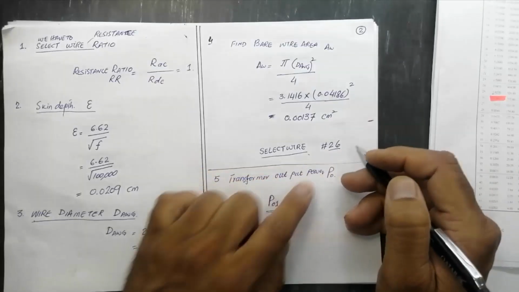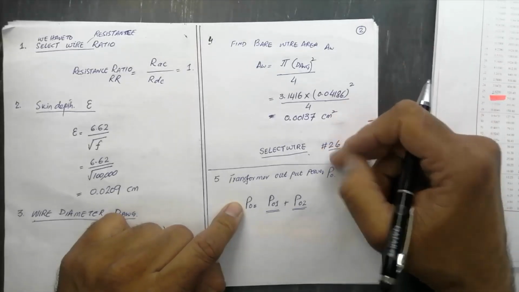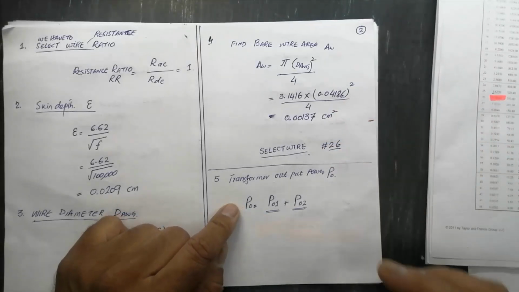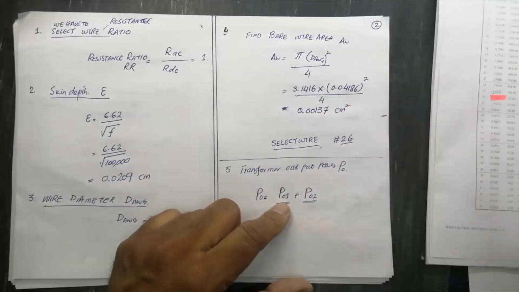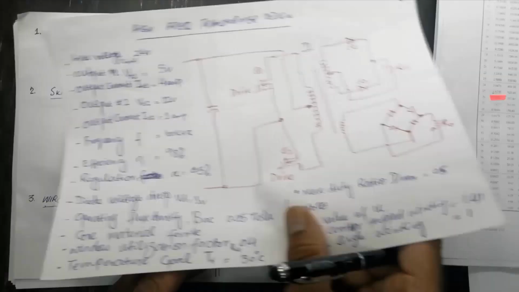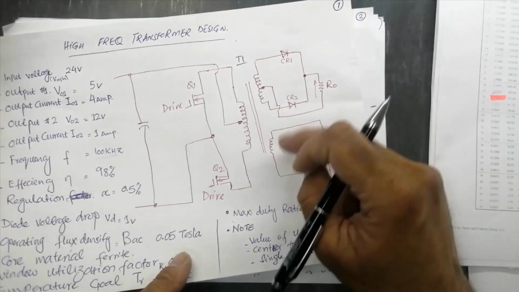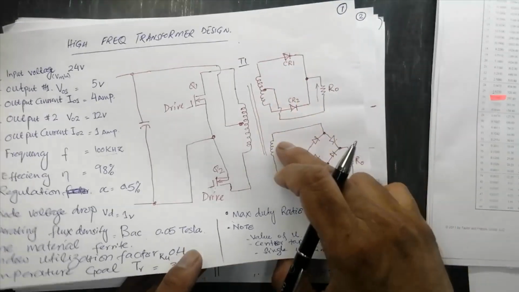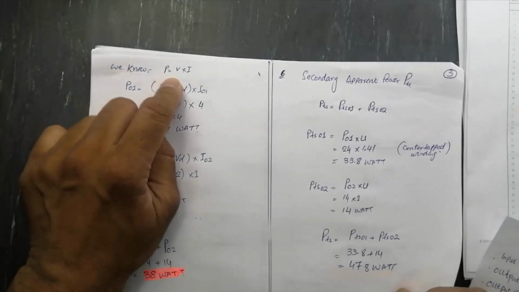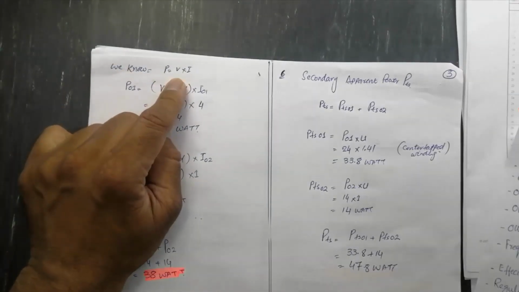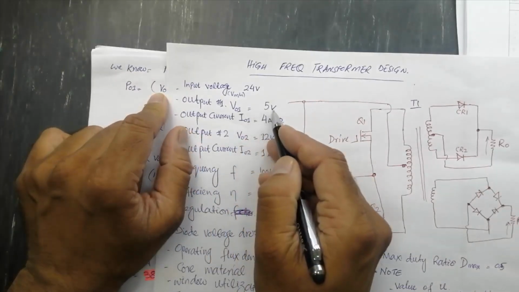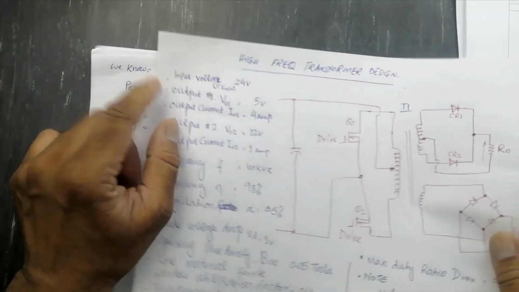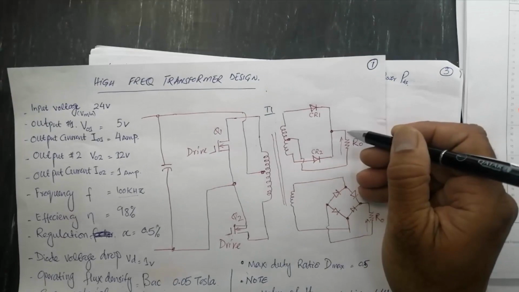We selected the wire size, and now we have to select the power output to select a proper core. P out, power out, is equal to, because this time we have two windings, PO1 and PO2. To calculate power, we know P is equal to V times I, voltage and current. We discussed here we need 5 volt, 4 ampere,